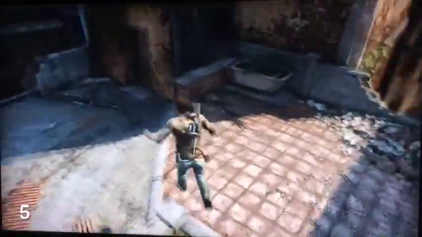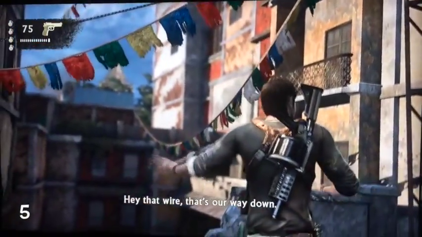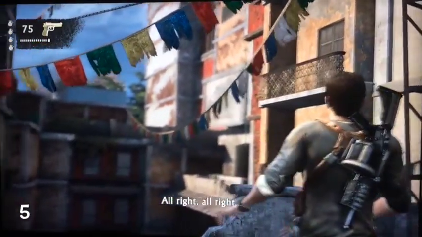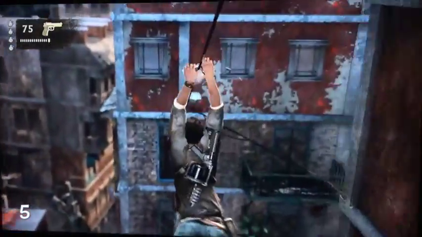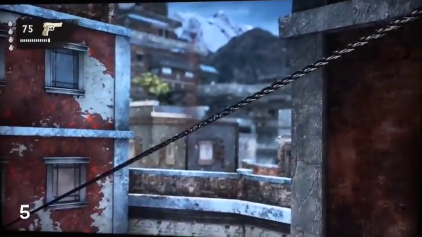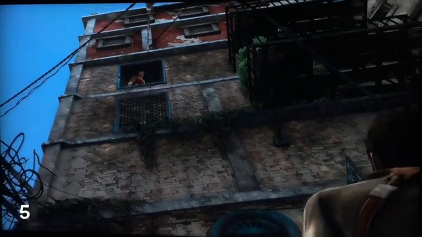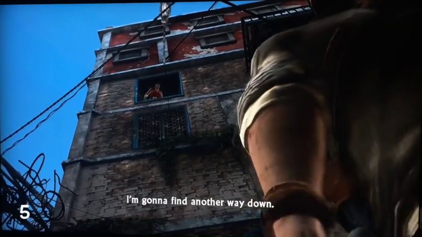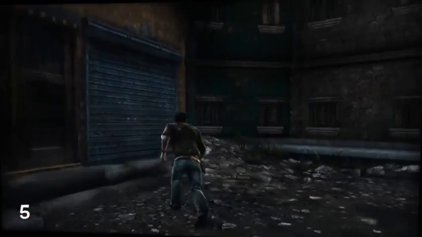And that should be that for this chapter. That wire, that's our way down. Go, go. All right, all right. Are you okay? Oh, God, that hurts. I'm gonna find another way down. All right. Ouch, I think is the answer to that. But anyway,